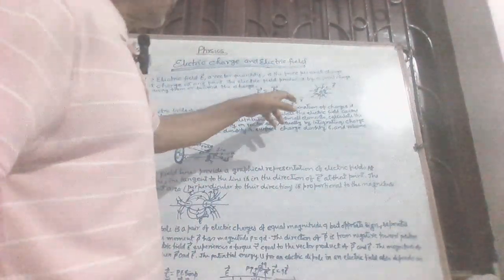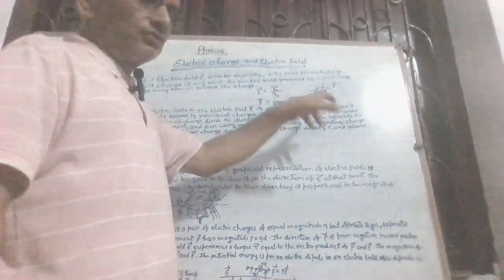Electric field E, a vector quantity, is a force per unit charge exerted on a test charge at any point. The electric field produced by a point charge is directed radially away from or toward the charge. So E equals F naught over Q naught, and E equals 1 over 4 pi epsilon naught, Q over R square, unit vector R. As shown in the figure,